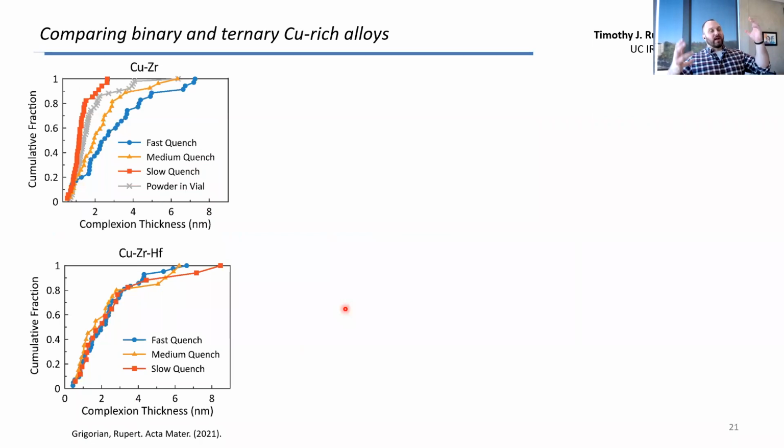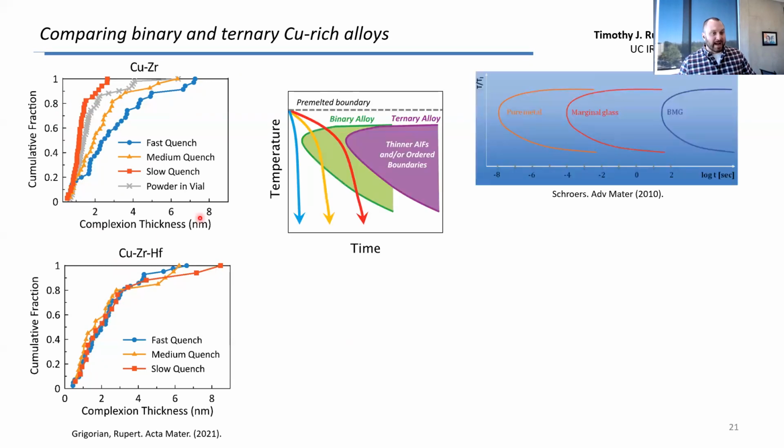You can start to see the overlap of the quench rate and the composition if we just compare the binary and the ternary copper alloys. Although we see variation for the binary, if we do that same experiment for that ternary alloy I showed you, we find that the distribution of complexion thicknesses fall right on top of each other. So going back to that TTT diagram, although we have a transition back to ordered boundaries for the binary alloy, for the ternary alloy this transition region is pushed out to the right, to longer times,